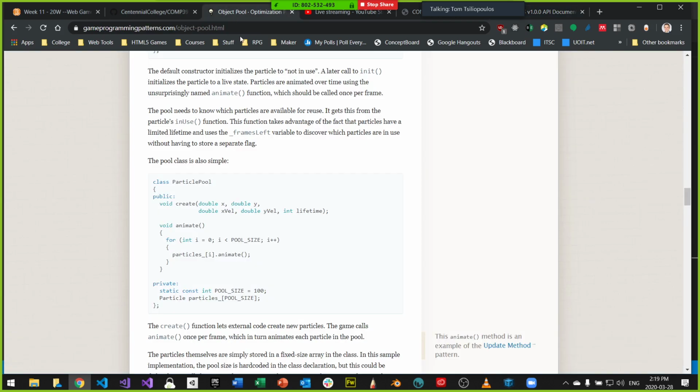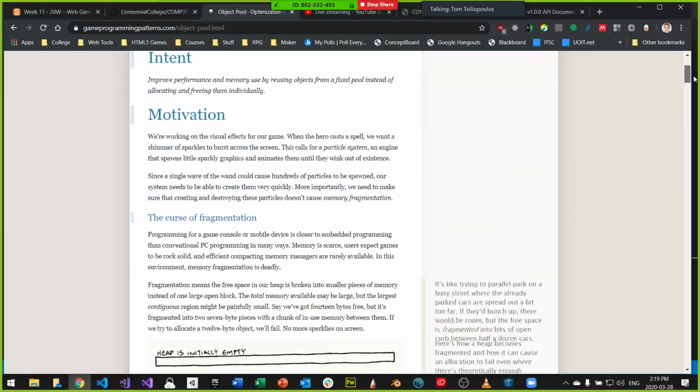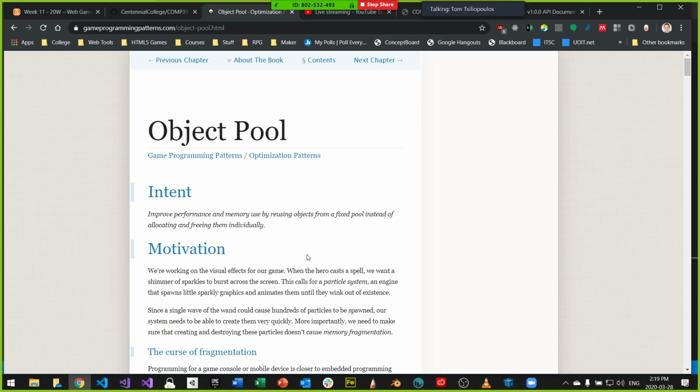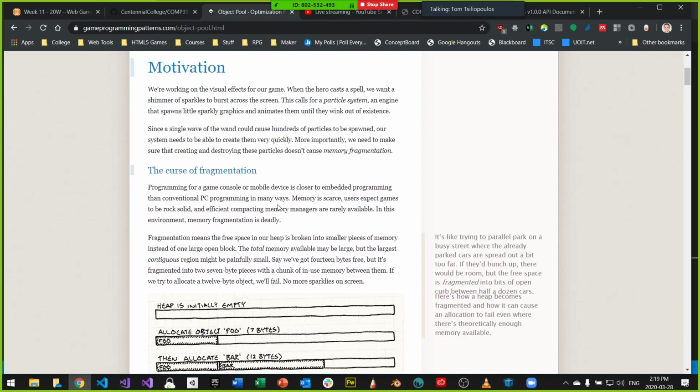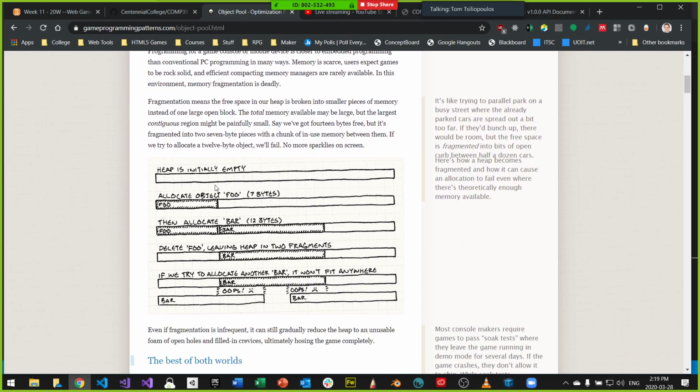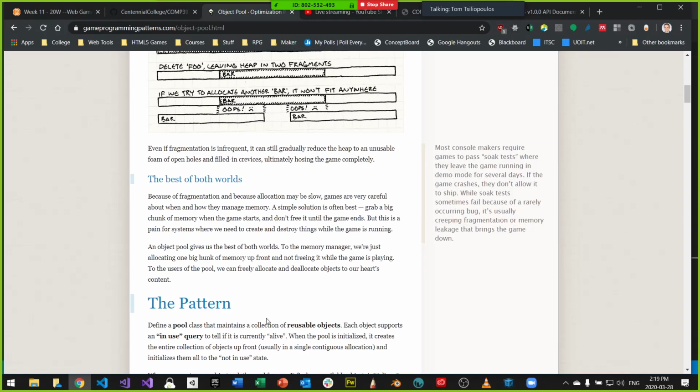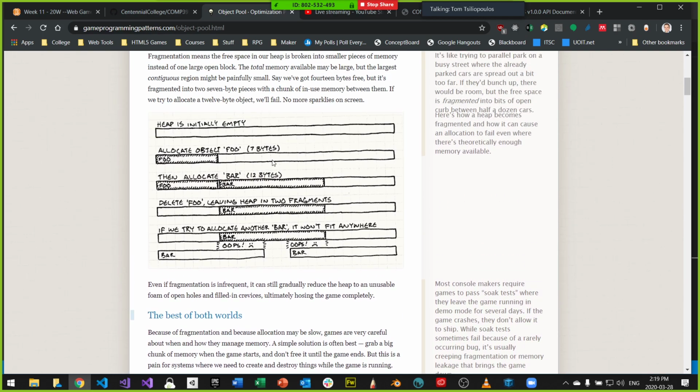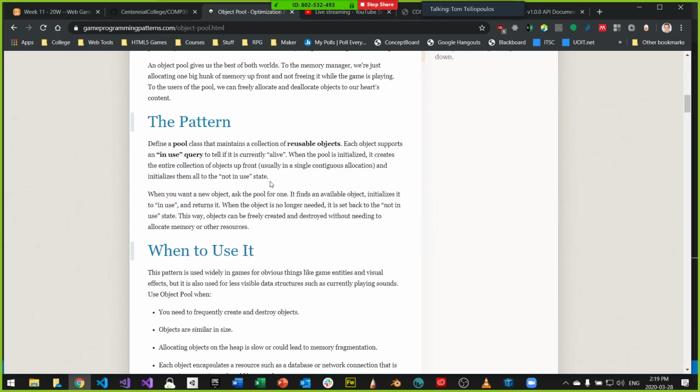bullet pool and any kind of object pooling is an optimization method. And if you look at game programming patterns, I've pointed this book out before, it's up online. What happens is, when you instantiate an object and then destroy it, what you're actually doing is creating memory fragmentation. And what memory fragmentation does is it creates a little bit of instability, or you take a bit of a performance hit over time. So we don't want to do that.